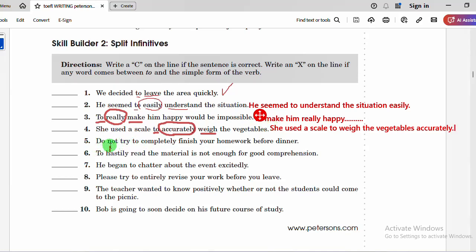Sentence number 5. Don't try to completely finish your homework before dinner. Again, don't try to completely finish your homework before dinner. Here we have the adverb completely. Again, in order to improve the structure of the sentence, we are going to take the word completely away, saying, do not try to finish